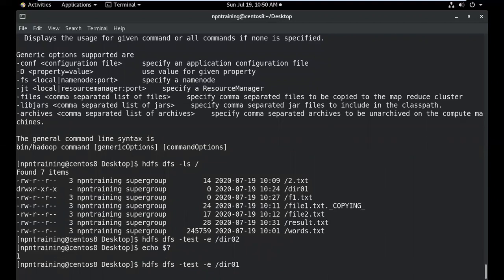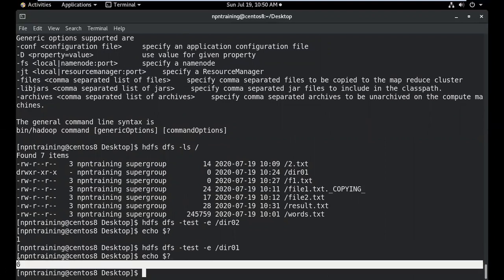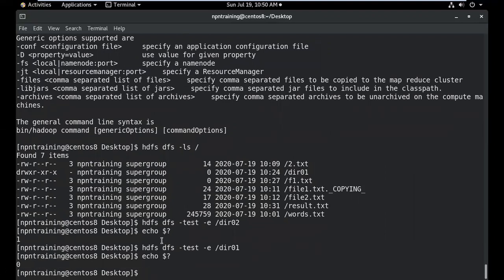All these things are in the documentation. Whatever I showed you with help will have that information. Now, can you see this? It returned 0. So at any point of time, if you want to know that a particular directory exists, and if it exists, then only you have to do certain operations, for example, if you want to write a Python script, then this command helps you. It's a very handy one, which clearly tells you whether the given path exists or not.